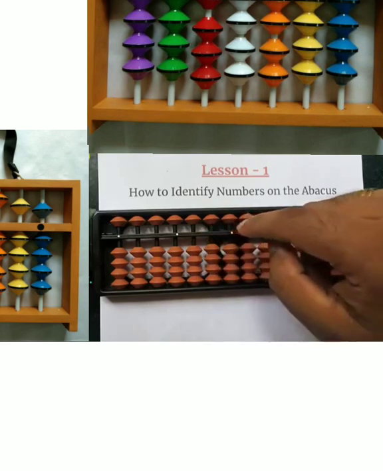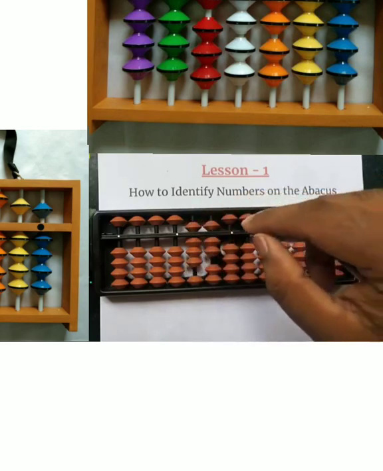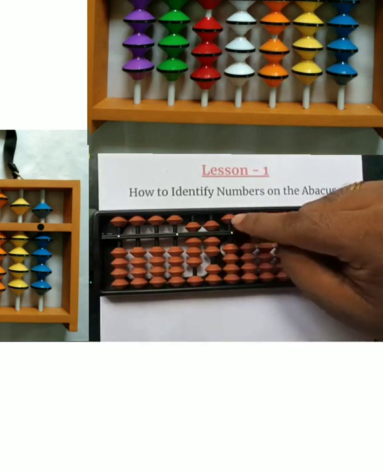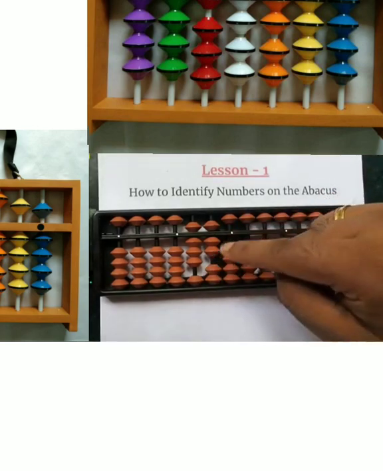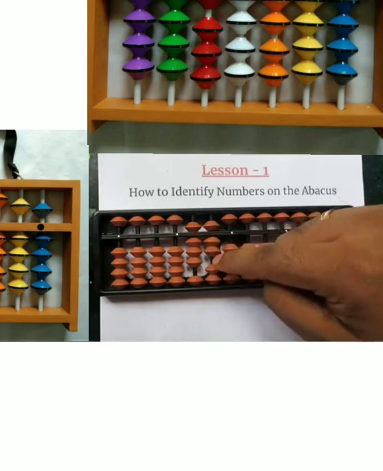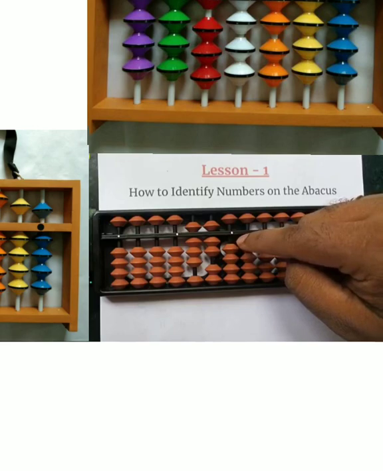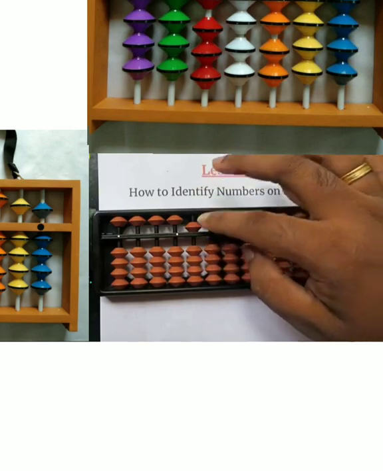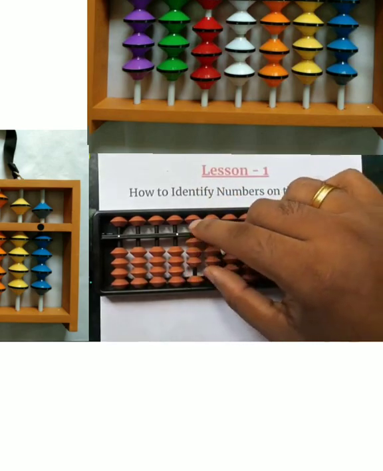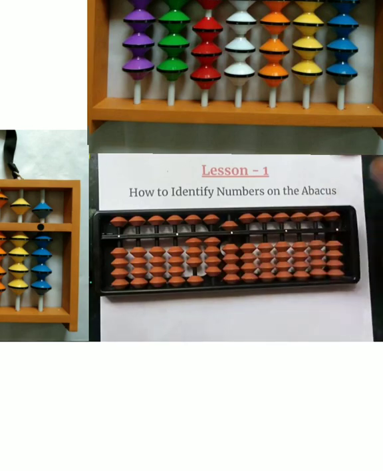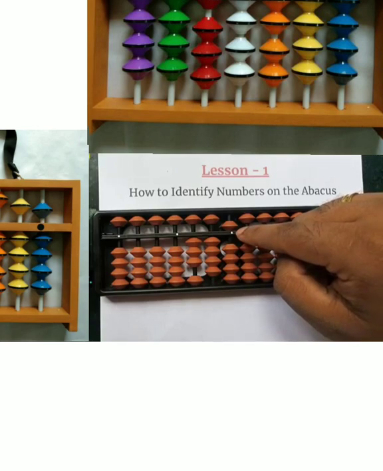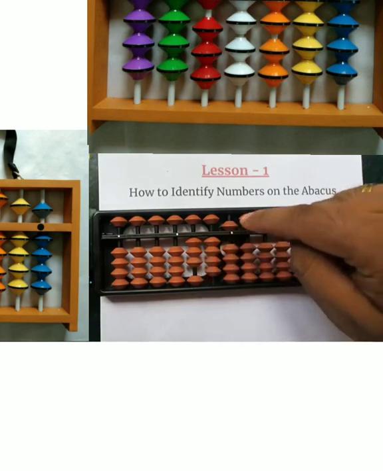Let's take one more example. Now this number, some will say this is 87, but it's not. It is 870, because now we have 0 on the units place. So the number that we have is 8 on the hundreds place, 7 on the tens place, and 0 on the units place. So this is 870 on the abacus. Let's take one more example. Now we have 3 on the hundreds place, 4 on the tens place, and 5 on the units place. So the number that we have is 345.